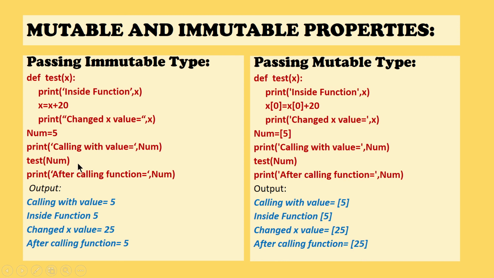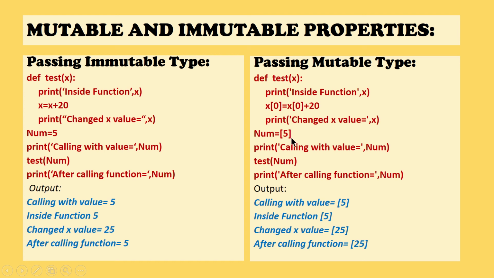We call this the call by value method, or here in Python we call it passing an immutable type. After calling the function, the value of num remains the same, it does not get changed. Now let us understand the same program with a mutable data type. One of the mutable data types is list. I am writing the same program, however num is a list now, it is not only integer 5, it is a list containing 5. List is a mutable data type.